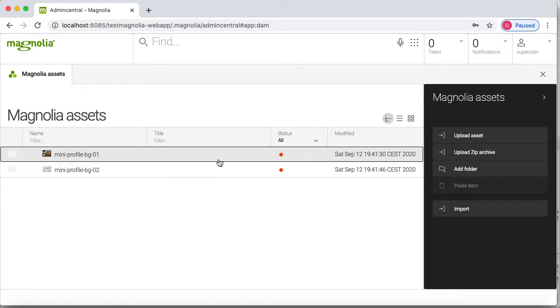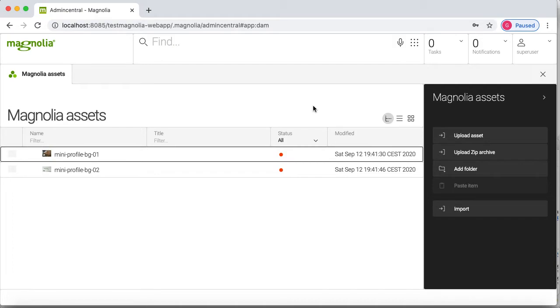Then you can reuse the component in Magnolia for creating the page. Here I have already uploaded two images. These images I will use in the content, which means when I create a page, I will use those images.